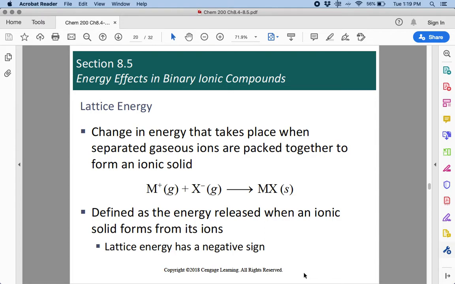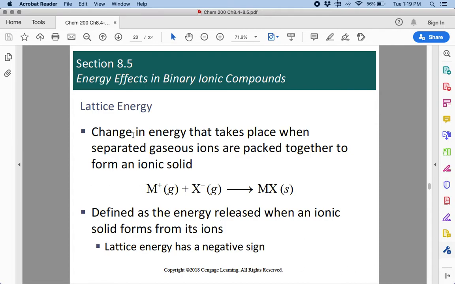We need to talk a little bit about lattice energy. So we talked earlier about the idea that these crystal lattices, these solid ionic compounds, the way they form their solid helps determine things like its solubility, its readiness to do so. There are some biological aspects to it. So we need to talk about the energy that is held in the bonds of these solid ionic